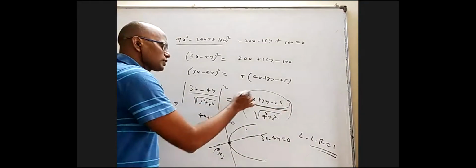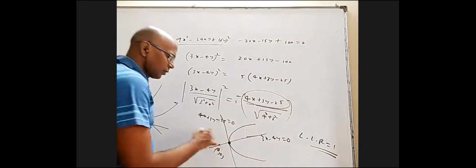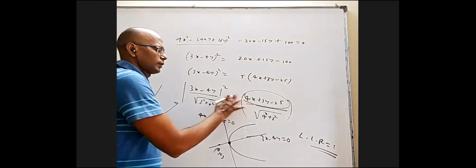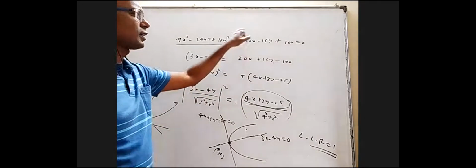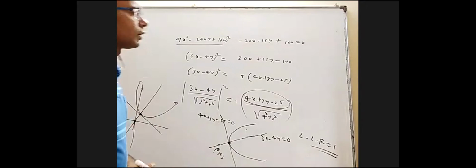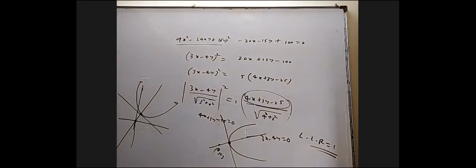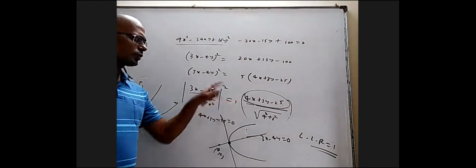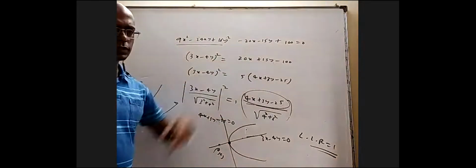If I take a minus of this, everything is the same, and the parabola will be this side. That's all. I can go plus 20x here, plus 15y here, minus 100. Then I will just divide this. All this is fine. And here one need not come; any other number can come depending on the numbers here.